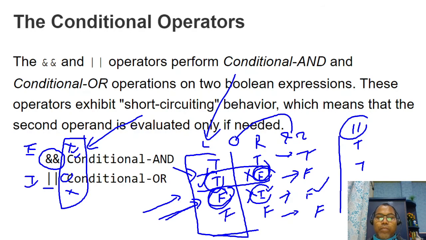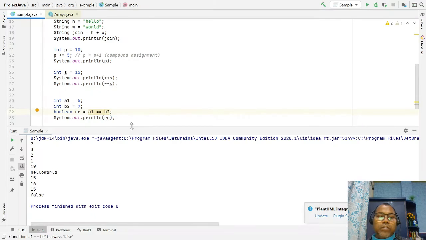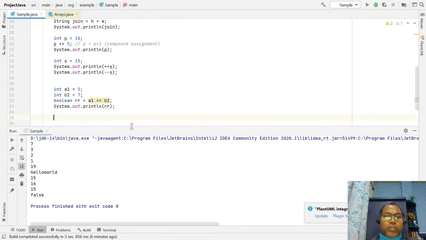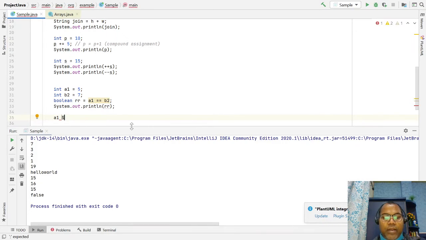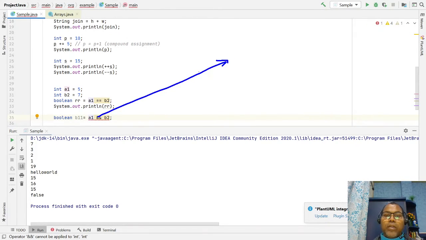And you can apply short circuit, let's see an example as well. Be noted that with this short circuit operator you cannot apply a1 and a2 directly, because it is a short circuit operator.